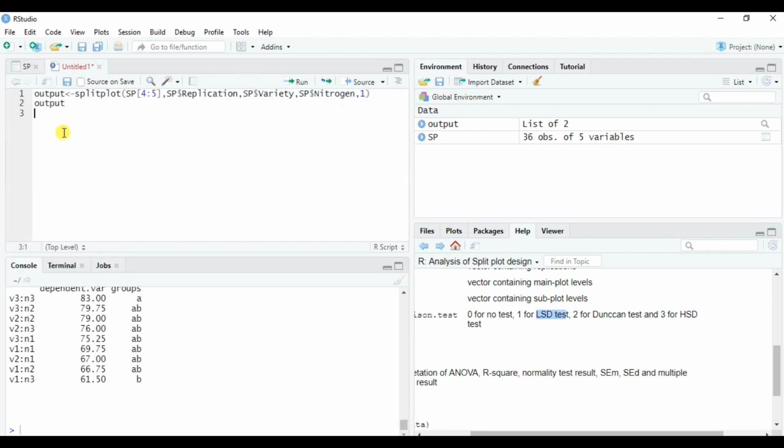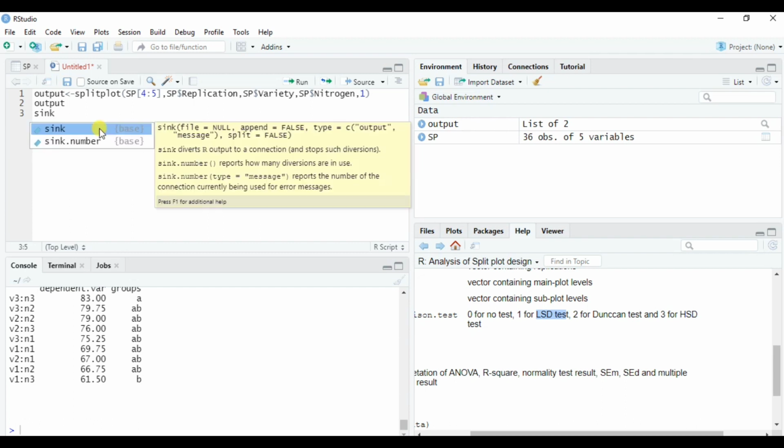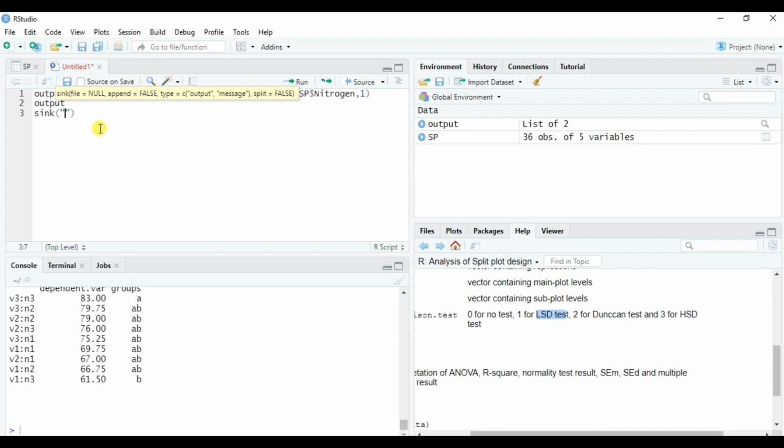Now all these outputs, all this analysis, is still in the R software. We would like to have that in a Word file. So we will use the sink option, bracket open, then write the name, like what sort of name you would like to give to your file.